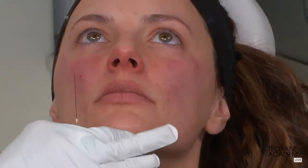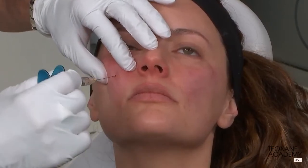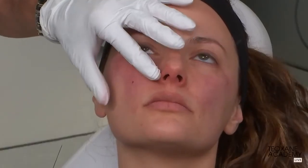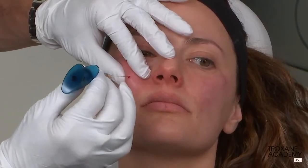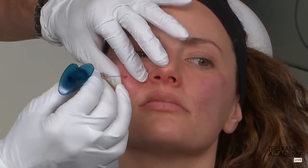So let's get back to the technique at hand. Since we are here, I go to the refinement. I see a diva minor, so I finish it up. If you try to go deeper here, now you're moving all the ligaments of the face. You get into the deep facial compartments where there are vessels, muscle insertions, and strong ligaments. That is painful as hell. So the trick is the non-dominant hand. You do this, lift up, stabilize the tissue,